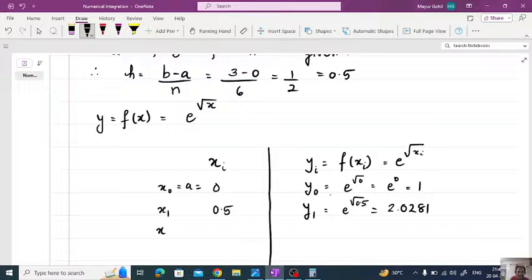Next, you add in x. This one x1. You add 0.5 again, so it becomes 1. So y will become e to the power root 1. So e to the power root 1 is,